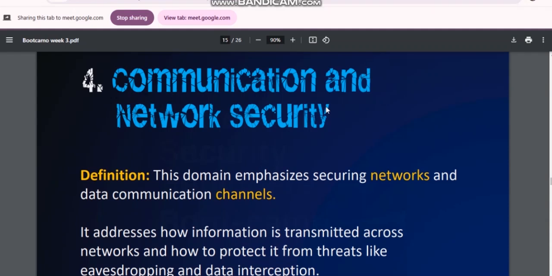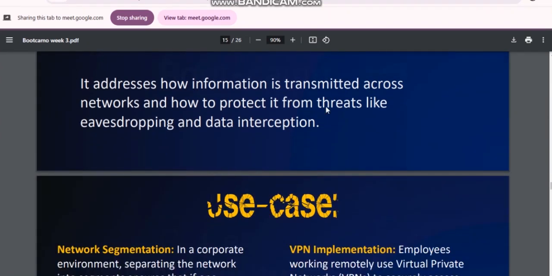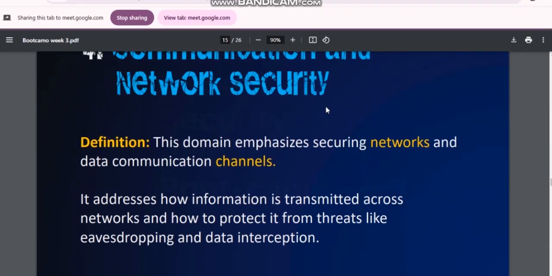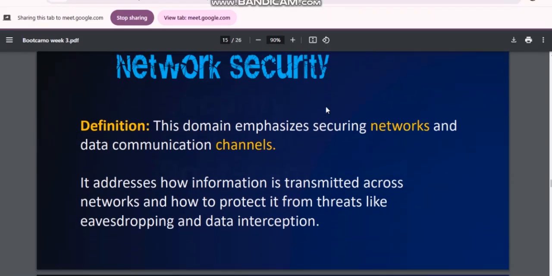This domain emphasizes securing networks and data communication channels. It addresses how information is transmitted across networks and how to protect it from threats like eavesdropping and data interceptions, which are always going on. The use case for the network communication and network security domain,